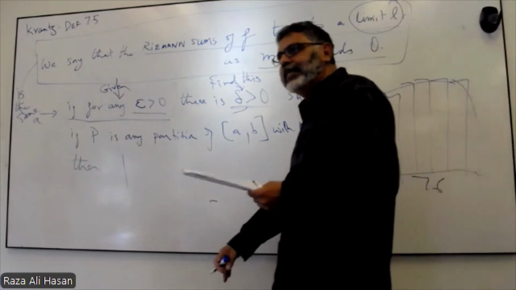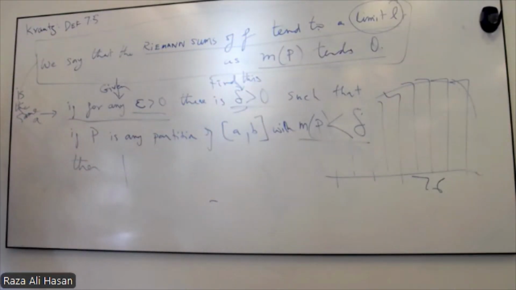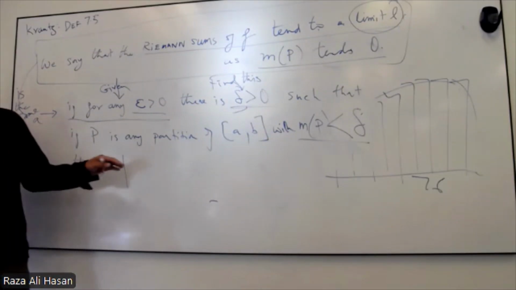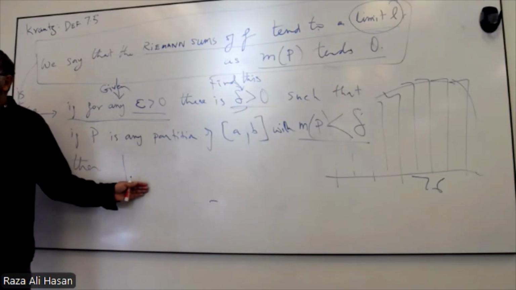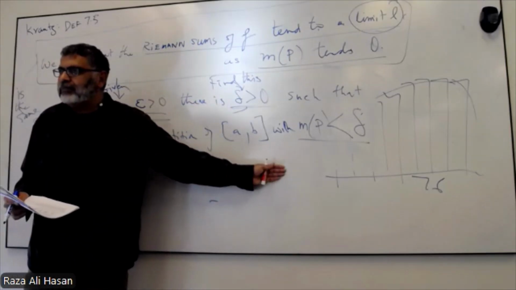Then what's the other condition that needs to exist? So we can say that the Riemann sums are tending towards a limit once the difference between the Riemann sums and the exact limit that God gave us is less than